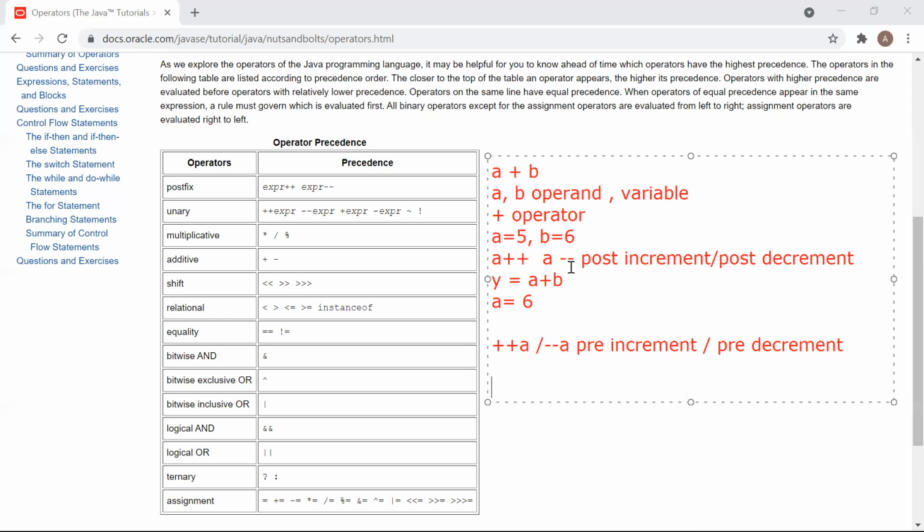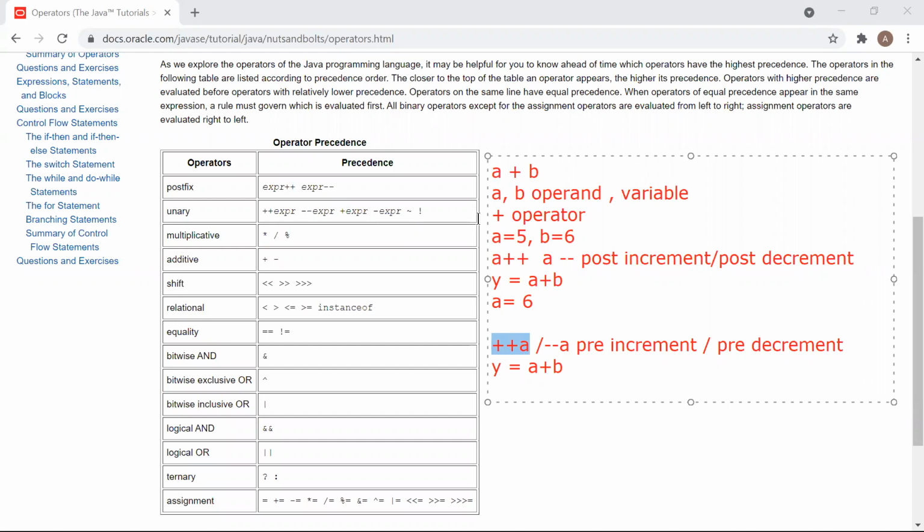Pre-increment, if I give you the same operation, then what will be the result in this case? Can anyone tell me what will be the value of y in this case? 12. Yeah, correct.